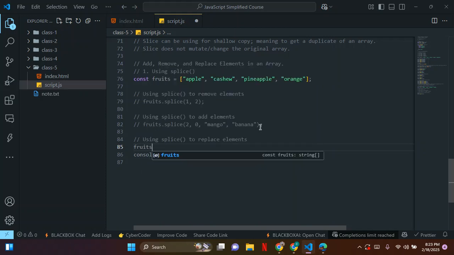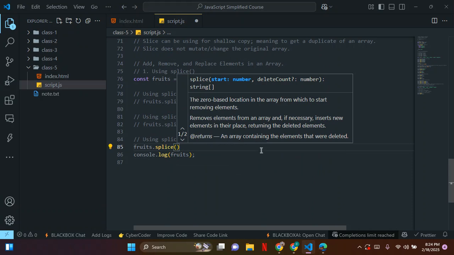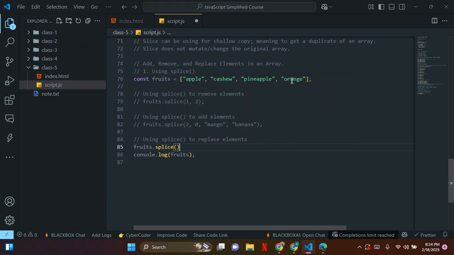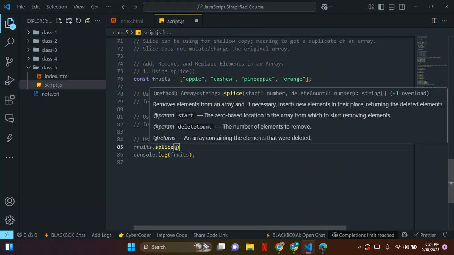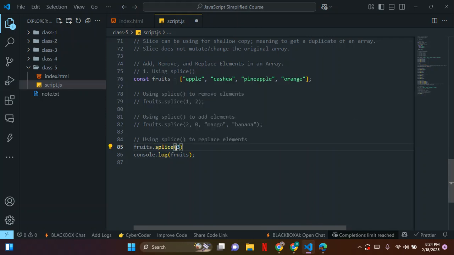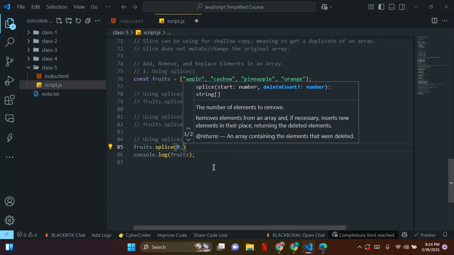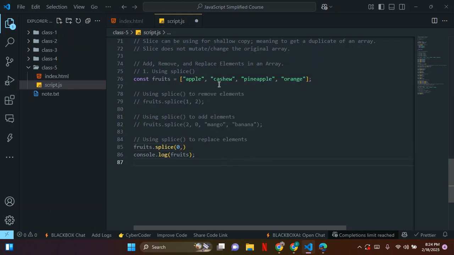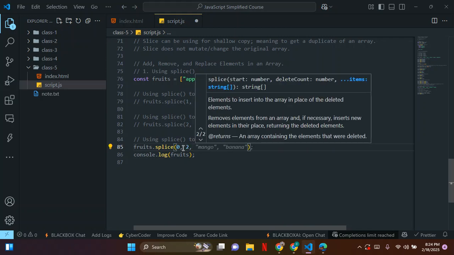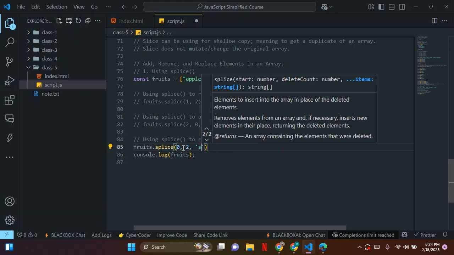I'll do fruits dot splice. So let's say I want to start at position 0, 1, 2, 3. I want to start at orange. So I'll come here, I'll do position 3. I want to remove, or let me start at position 0, so I want to remove apple and cashew. So from position 0, I want to remove two elements. Then I also want to replace those two elements with another one. Let's say I want to replace it with strawberry